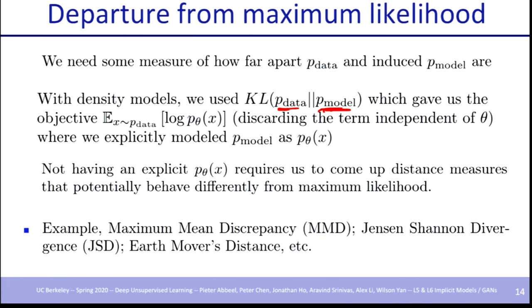So we don't know yet how to do this, but that's going to be the overarching picture. We somehow want to measure the proximity of two sets of samples and somehow backpropagate through that proximity measure to improve our sampler to get samples closer to the data samples.